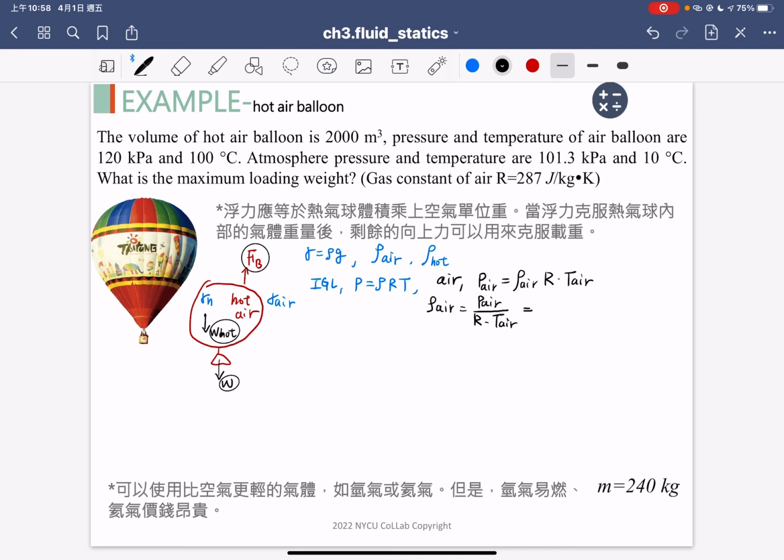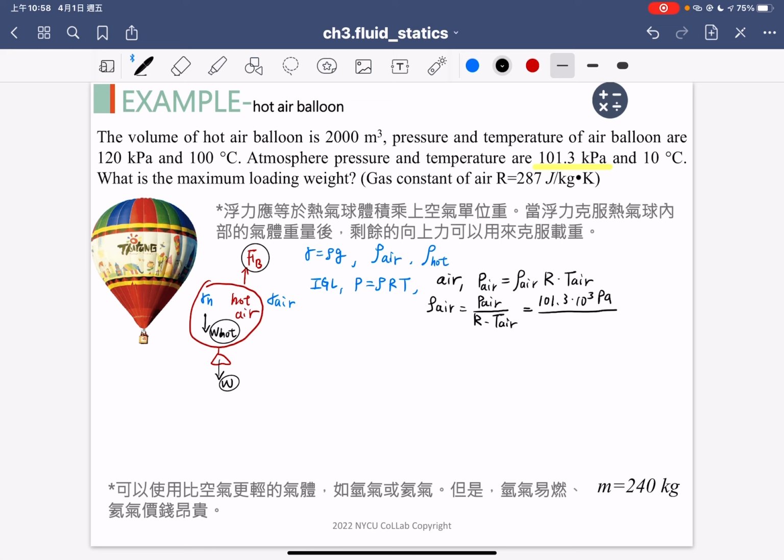If you go back to the example, we know that the pressure here is 101.3 kilopascal,